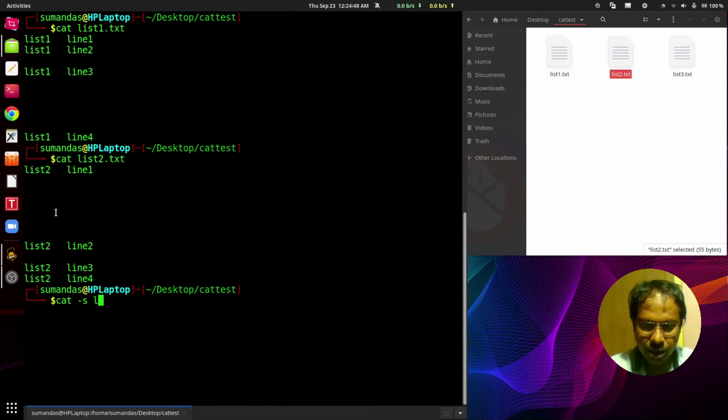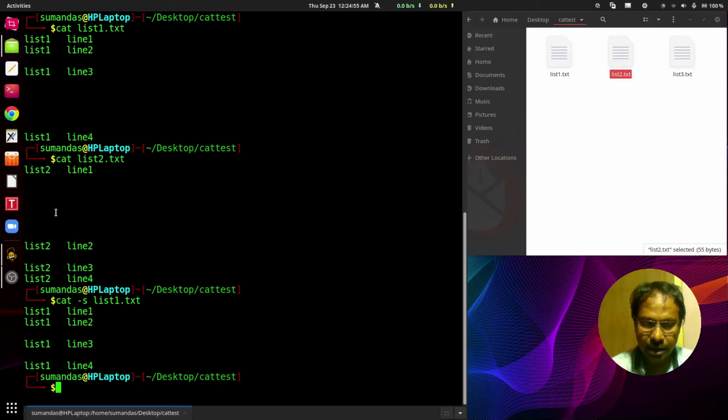Let's check with the file list1.txt. Press enter, and here we can see that between list1 line 3 and list1 line 4 there are 5 blank lines, but here only one blank line according to the -s or the squeezing.